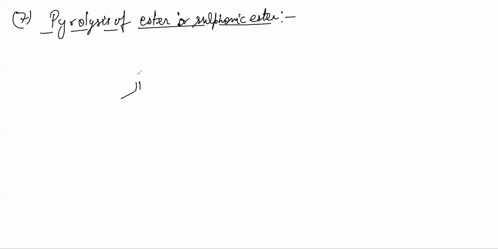Now let me show you. Now let's see. With respect to this ester group, see this is your ester group, isn't it? With respect to this ester group, this carbon is alpha and this carbon is beta. Remember, we are checking the alpha beta with respect to this oxygen. So this is alpha, this is beta. I hope you can see here hydrogen. So we will call it beta hydrogen. See, reaction is same. It is very same as Cope elimination. Exactly same. How? Let me show you. See how it happens.